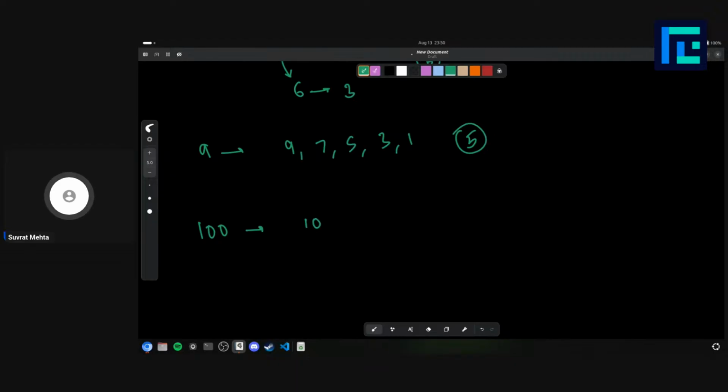For 100 we'll get all the even numbers from 100, 98, 96 till 2. So this will be, I think, 50 numbers here. And then if we divide by 2 here, we will get 50, which is already here, and if we divide by 2 here, we will get 49. So 49 is like the